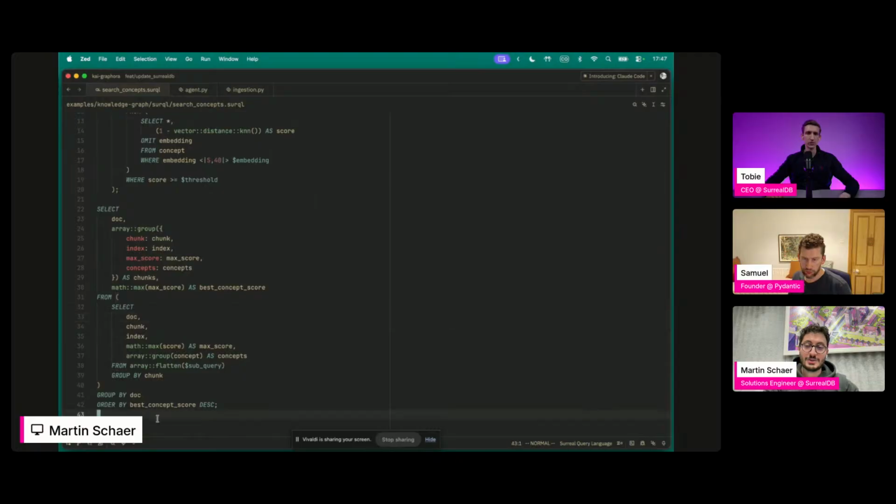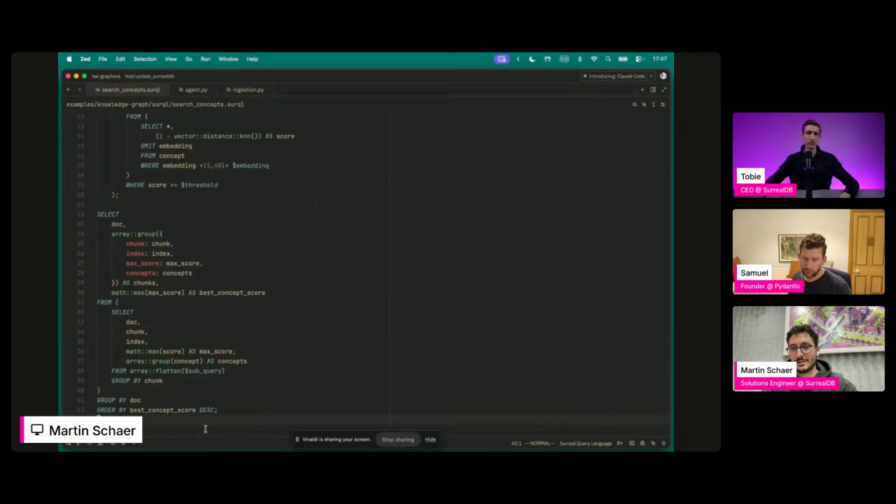Right, so this is just one example. Each use case will require something different. And I've seen from community members a lot of examples and queries that are really, really interesting, because there are a lot of built-in functions you can mix and match, and a lot of things you can do.